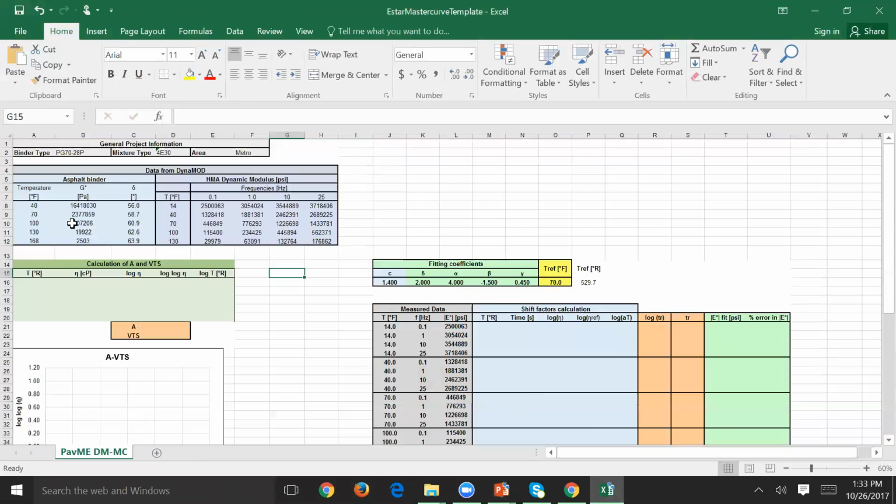Okay, so this is the Excel sheet. You can see the Excel sheet only includes the temperature versus G star and delta input here. So the rest, we are going to fill out. First, we need to calculate the temperatures in Rankine. That's what the equation is based on. So we have to convert the temperatures here into Rankine. So if you look at